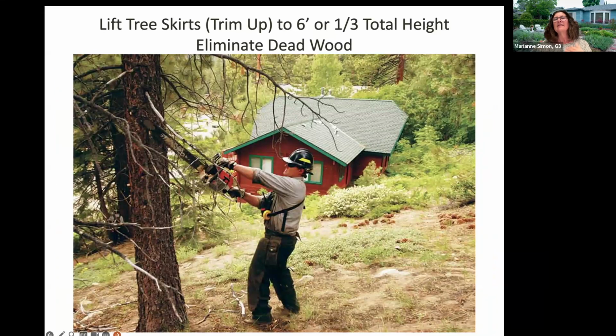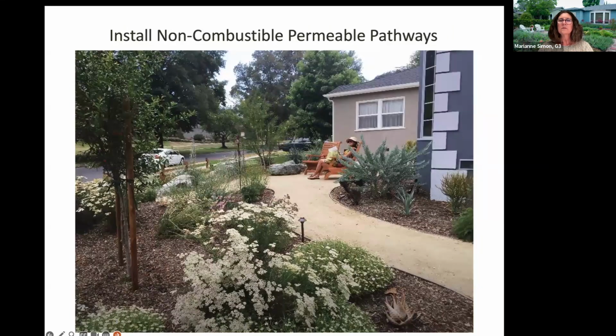The idea of, we say, lifting the skirts for the trees, making sure that, again, we are watching those fire ladders. If it's not an issue, then depending on the height of the tree, we're pruning at a minimum 6 feet off the ground. And then again, if it's a taller tree, we are pruning up a third of that total height, and making sure if there's any dead wood in there, especially within the 0 to 30, I would say, then that all gets cleaned up.